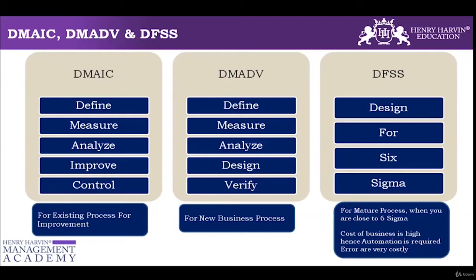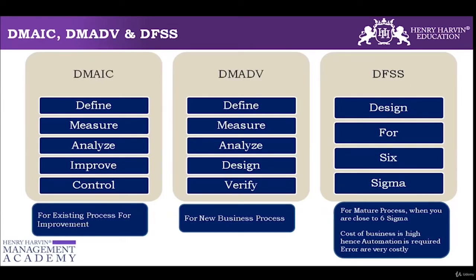But now due to the customer requirement, customer demand, or maybe the cost of the defect is very, very high, even if you make a single error, there's a lot of penalties that we have to pay. And that's the reason the company says that we want to go for DFSS now. So DFSS is a stage. First we have to reach a DMAIC sort of a range or a stage, and then we can go for a DFSS. So DFSS is also for existing processes, but after a certain stage,